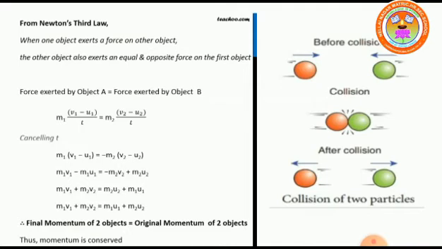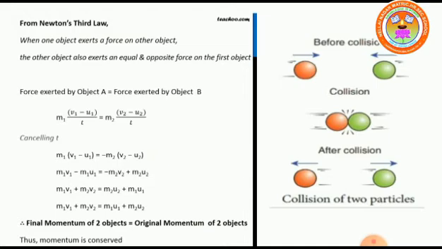Now we can rearrange the formula. That means V family on the left hand side and U family on the right hand side. We can arrange like this. So m1 v1 is there, and minus m2 v2 coming from the right side to the left hand side, the sign will be changed, so plus m2 v2. It is equal to m2 u2, already there, plus minus m1 u1 coming from the left hand side to the right hand side.